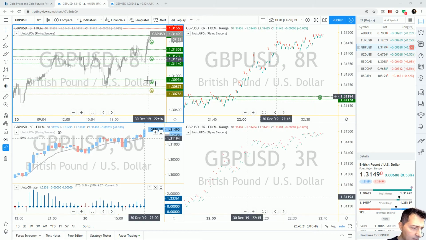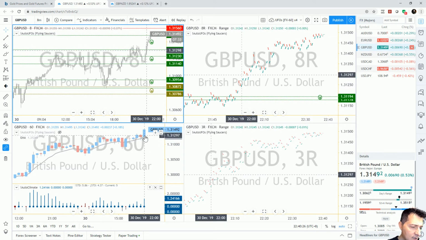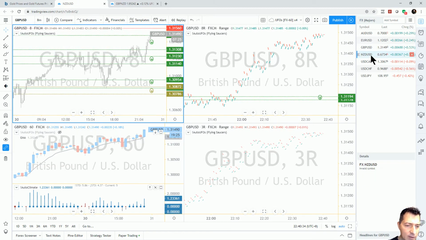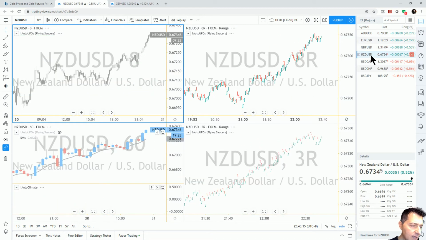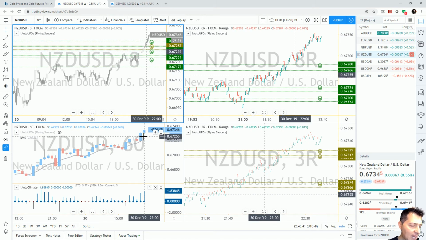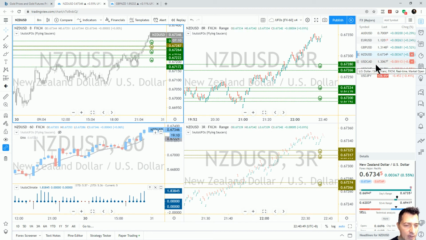So the pound, what do we have with the pound? Climate is defined, and actually we don't have a setup. The average is here, and the UFO is below that. What about the Kiwi, NZD, USD? Very, very powerful move. Climate 5 out of 5. The average is down here, and yes, we do have this bottom UFO that could be a candidate, but we are a little far from the entry, and we've already seen the other ones.